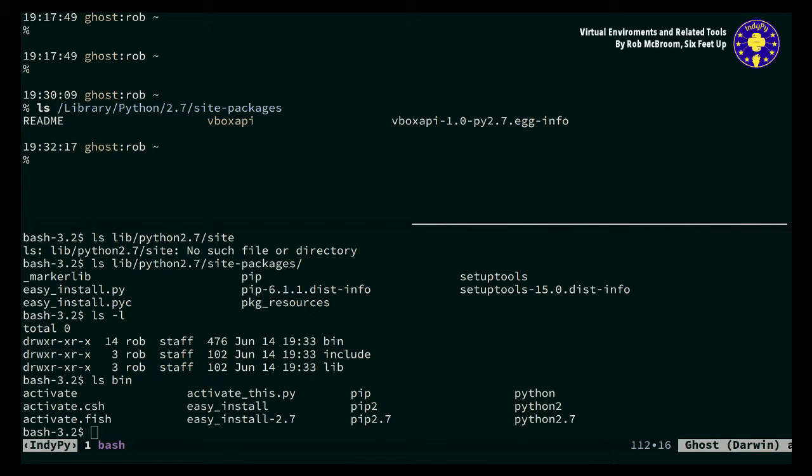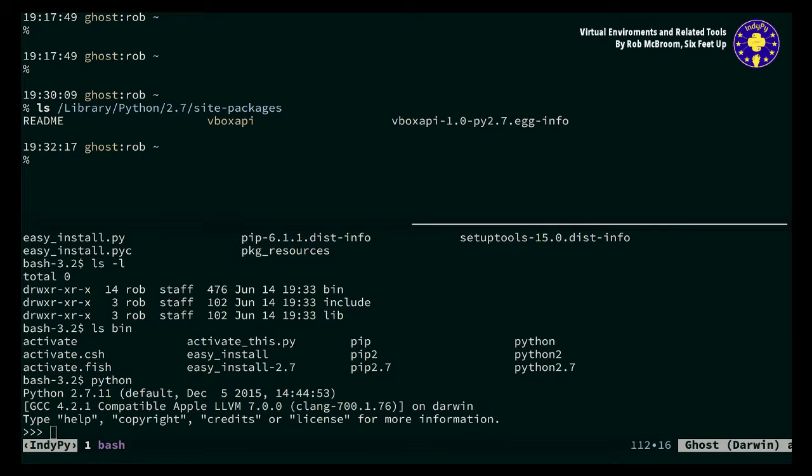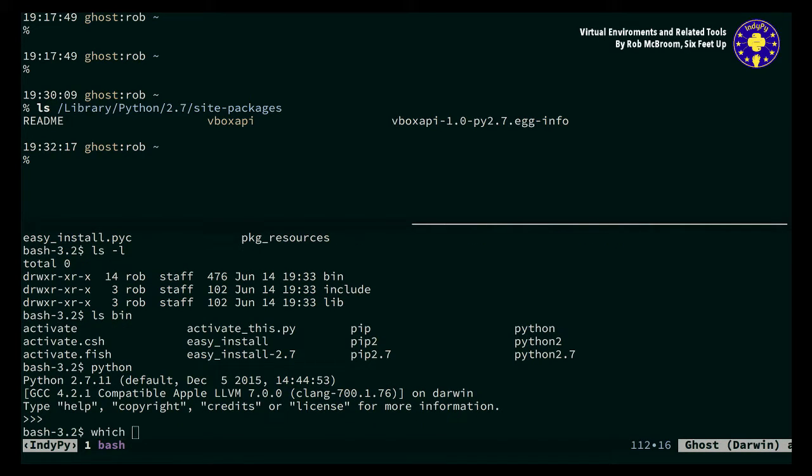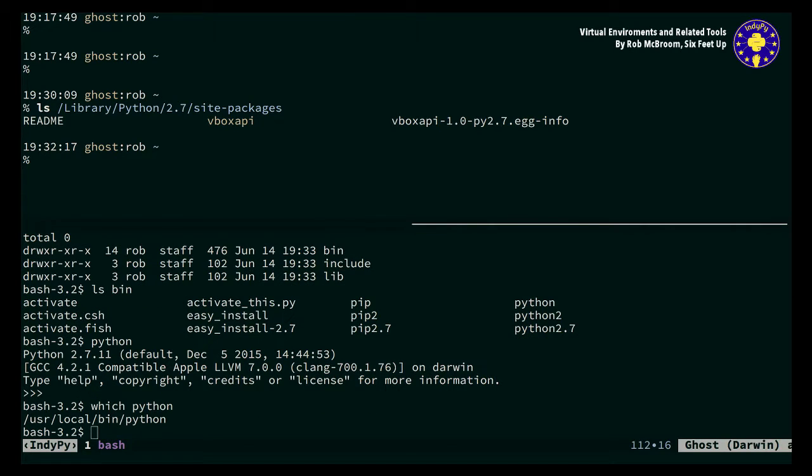So one of the things you see here is activate. So that's a handy shell script that they include. If you run this activate script, because right now you'll see if I type Python, that's my system Python there. If I run this activate script,